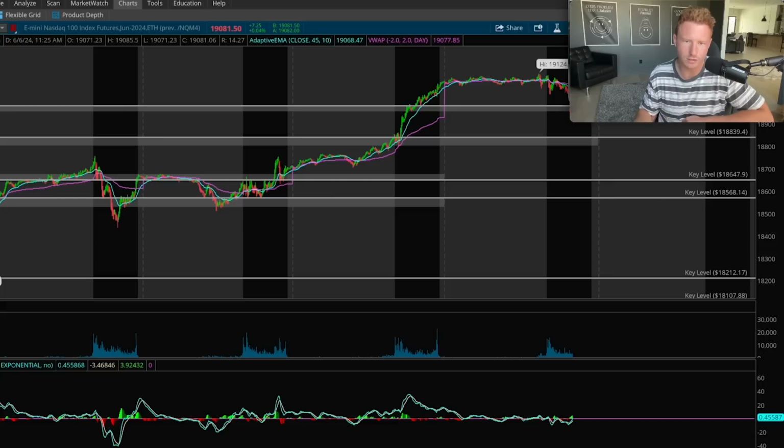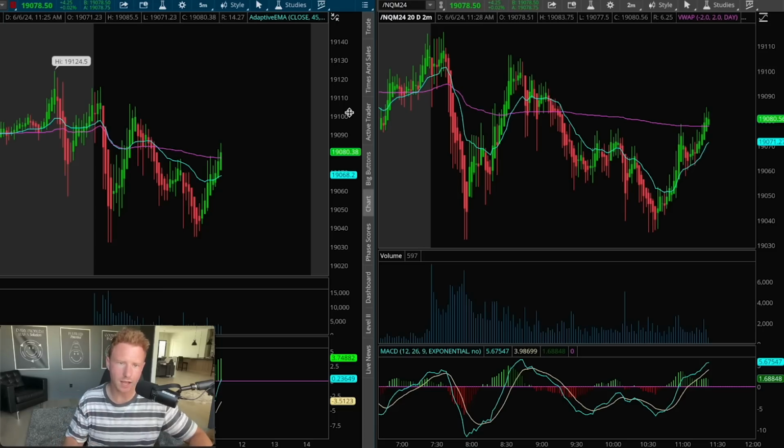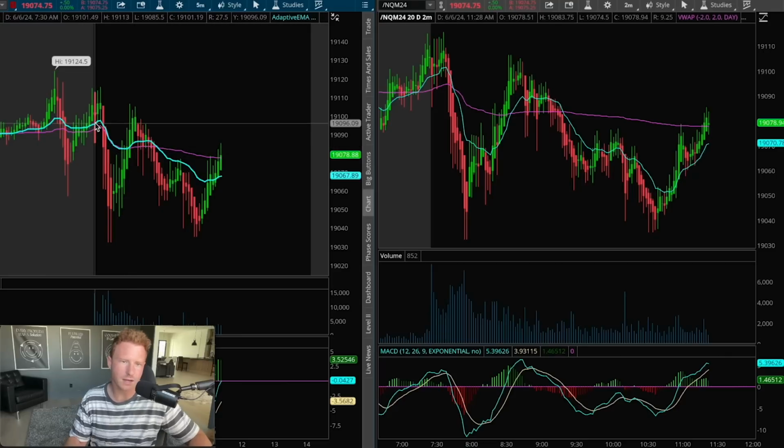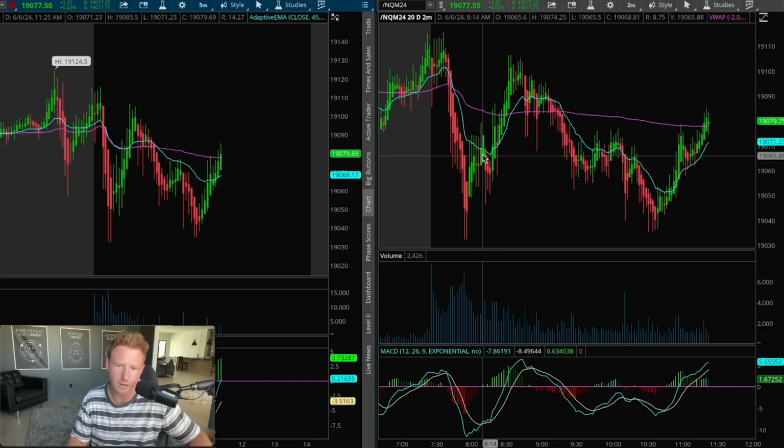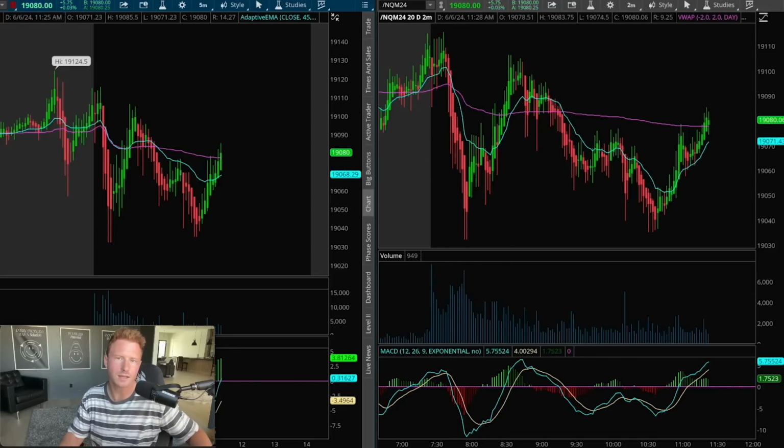So if we go back to the charts here, as you can see, so far today it's been a very choppy day. So I'm looking at these two lines. Are they moving up or down together? The market started out where they're moving down, but obviously we got bought up right away. There's no short setups on the 2 minute time frame. There's a long setup, right? MACD cross above here. We went up,